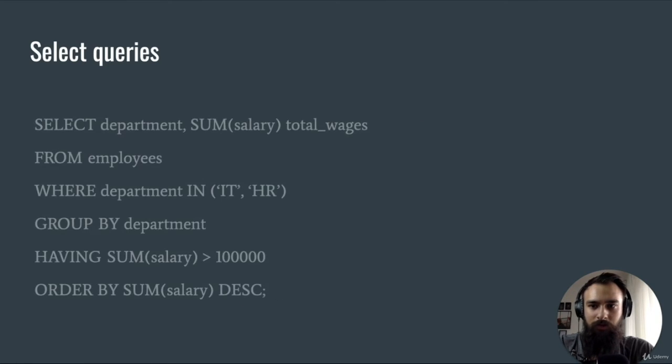Next, I will have an example just to show you how the select works. In this example, I want to retrieve the department and the sum of the salaries for each department. So I choose the department column from the employees table and calculate the sum of the salaries of all employees in that department. I give a new name to this calculation, total wages, in order to not have the function showing in the result. Then I specify the table from which we want to take the data, employees, and then